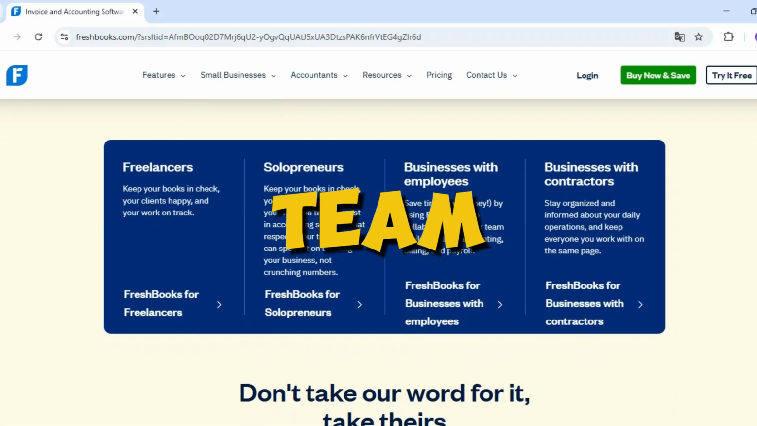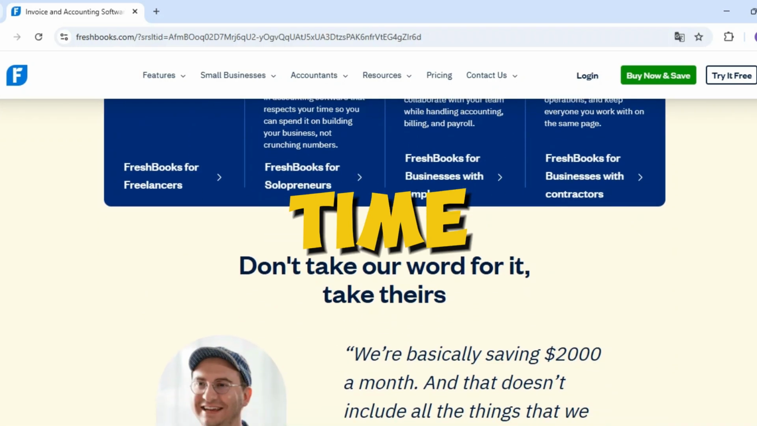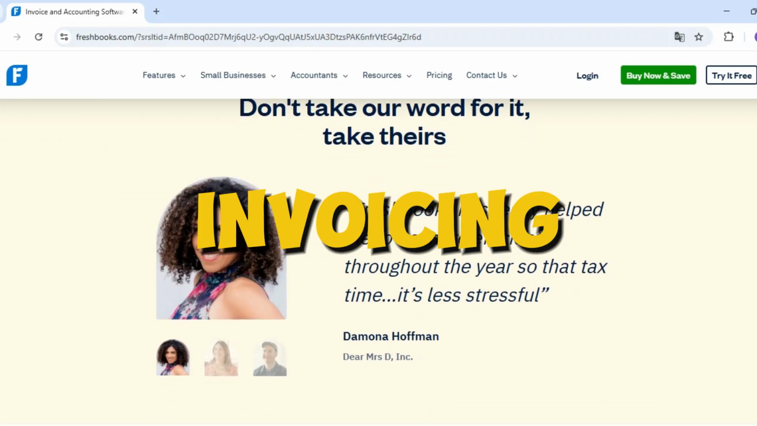Growing your team? Adding members to FreshBooks lets them track time, log expenses, or help with invoicing, while you control